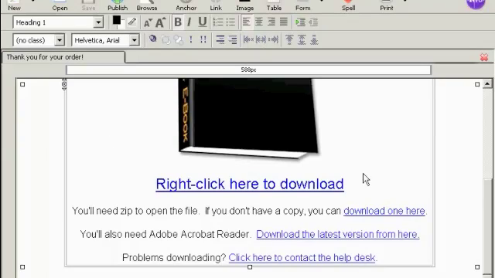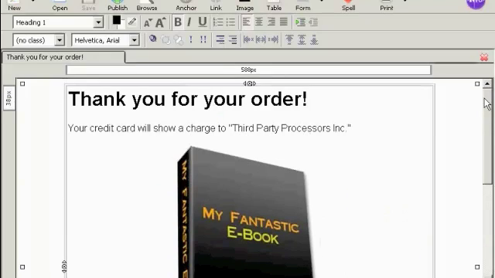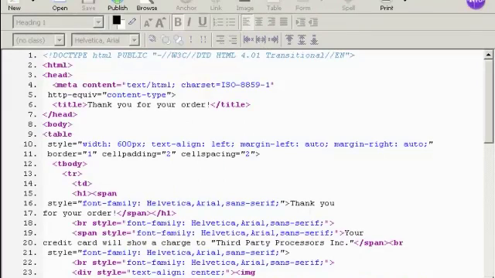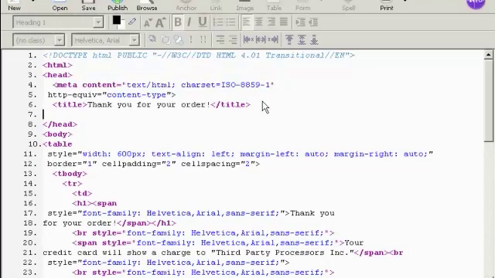Now the last thing to do is to stop the search engines from listing this, and the simplest way to do this is to edit the source code. Click here on the source code tab, and up here in the head tag area you want to put a meta tag for the robots. So we type here left arrow meta space name equals quotes robots